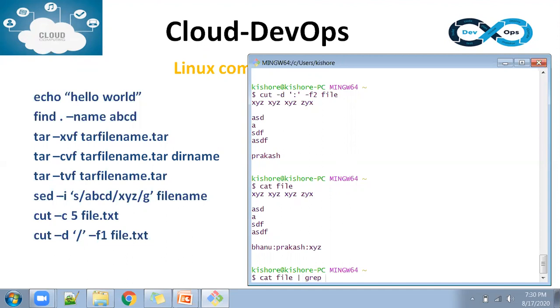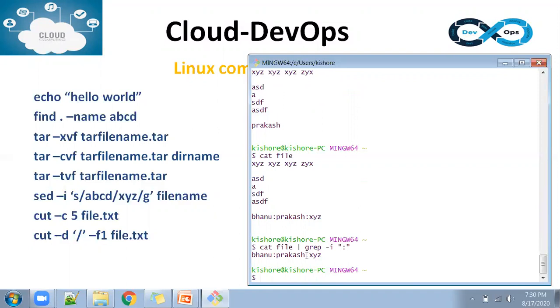The next command is grep. Grep means it will pick whatever specific words are in that file. I will use -i so that it ignores lowercase or uppercase. In that I want to get only the colon lines. See, it has only printed the colon lines.